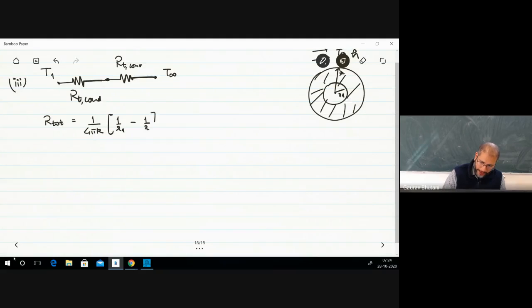Okay, so the outer radius is R here, because we're still working on deciding the insulation thickness. And then you have the convection resistance, which is 1 upon H times A. A is the outside surface area, which is 4 pi R square. Okay. So you have a critical radius if d R total by d small r is 0. So let's do that.